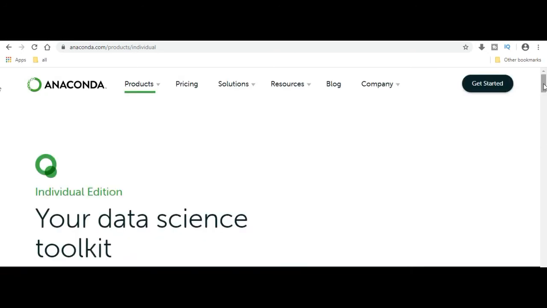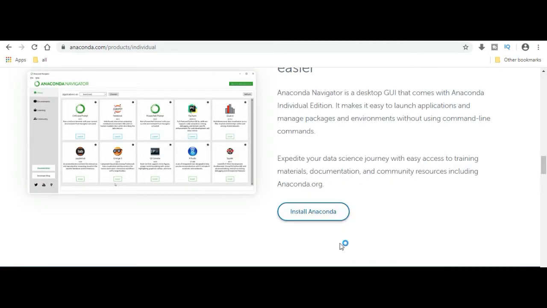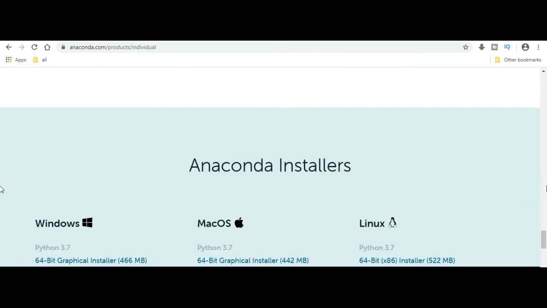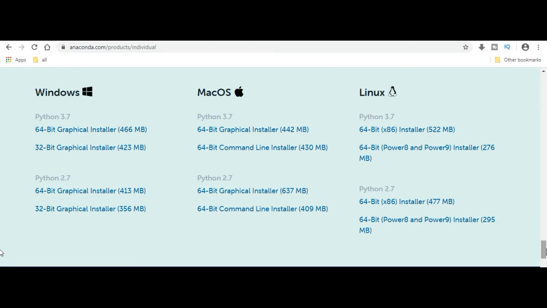Go to the Anaconda distribution website. At the bottom of the page we have a link called Install Anaconda. You can click on this link to download our Anaconda distribution. So once we click on this link, it asks whether you are going to install it for Windows, Mac or Linux. You can select your OS and in that you can choose your Python version, whether you need 3.7 or Python 2.7. So 3.7 is the latest, Python 2.7 is the old version, and in Python 3.7 we have